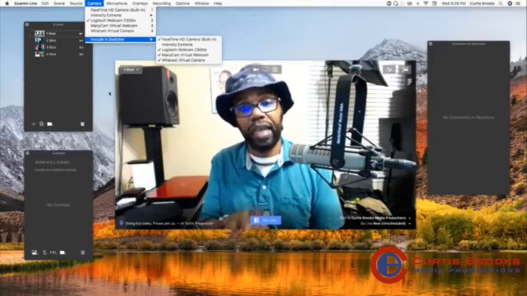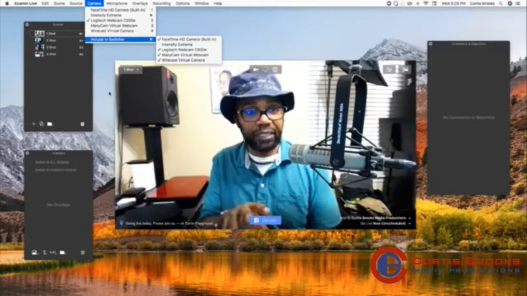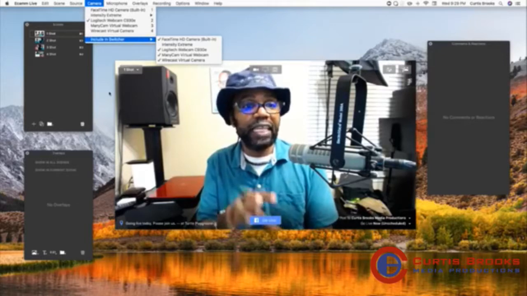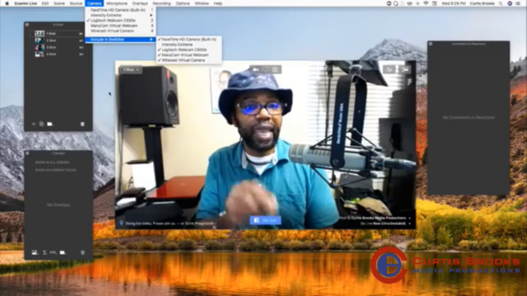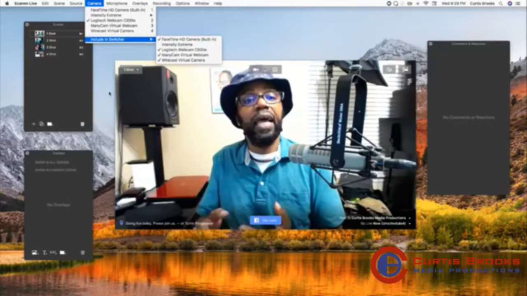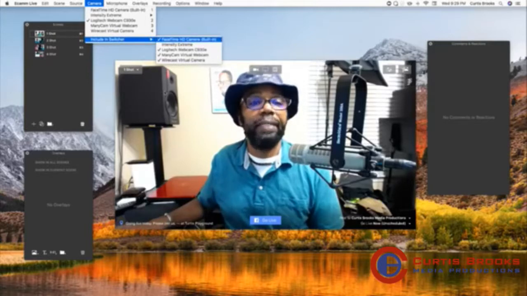You can have up to 4 cameras connected, okay? And even if I have 4 cameras connected, I can select each of those cameras as a camera which I want to use as part of the switcher. So again, you're looking right now, it says include in switcher. Right now, you're looking at 4 cameras.